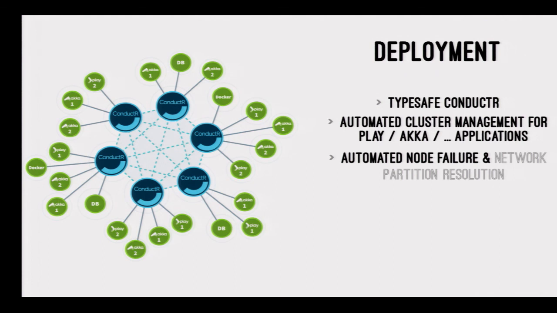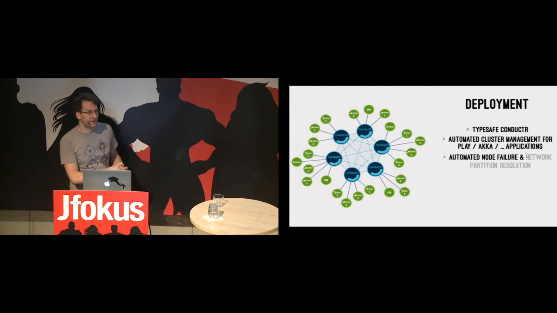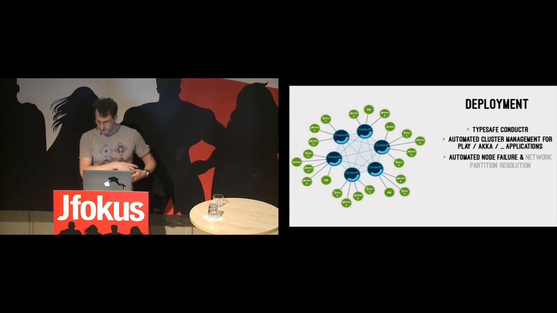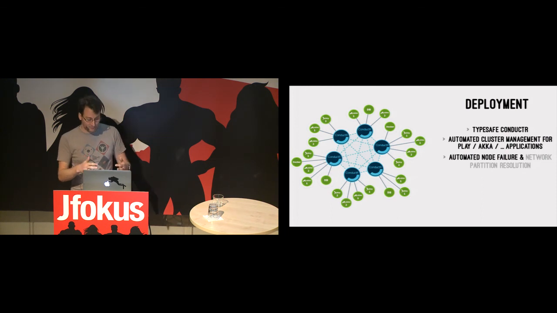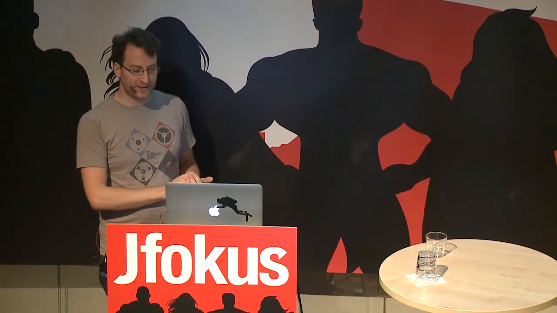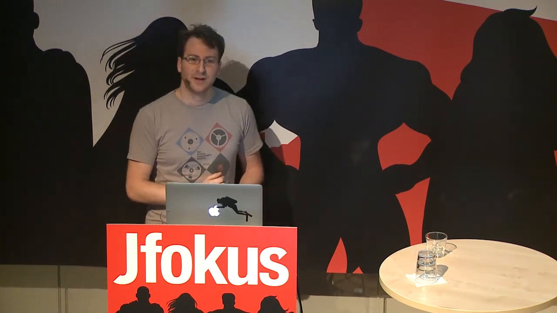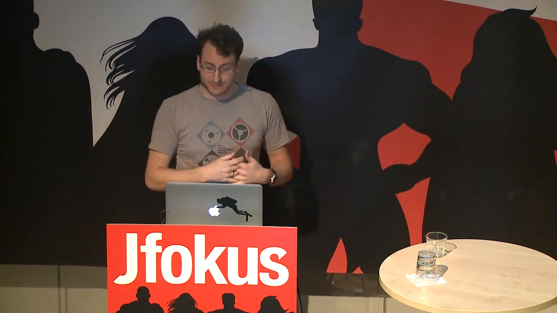This is a thing which sort of sets up and manages your whole cluster. So you can have one application and your database and what not, and it sort of spreads the whole thing out and manages the cluster for you. You can also throw in some Docker images, and you can have a very heterogeneous landscape there. What I really like about this is they can detect network partitions on their own. So they use things called CRDTs, commutative replicated data types, I think, which sort of detect,